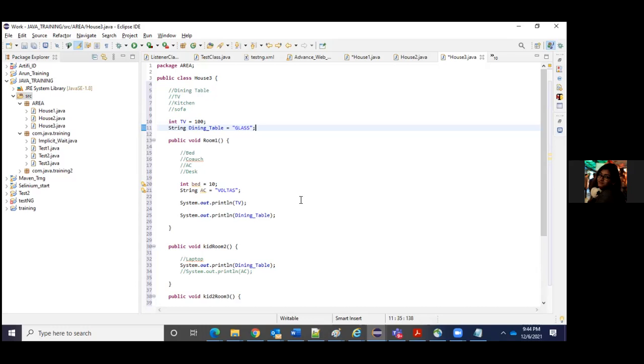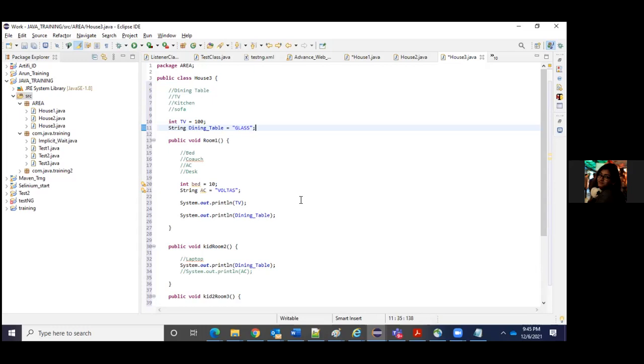So say, if there are 3 bedrooms in a house, and a dining, a kitchen, a staircase, whatever. When we enter the house, we get access to the dining and the kitchen, and it can be accessed by anyone. But when we want to access a particular room, we need to have permission.